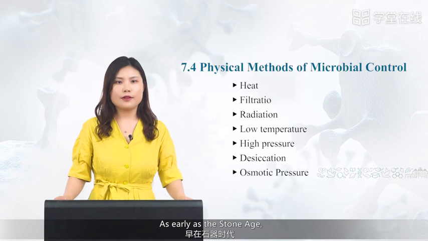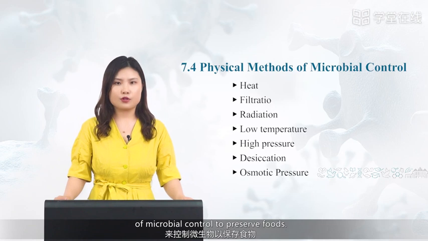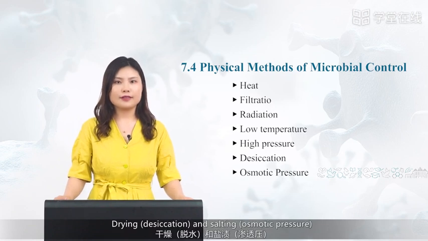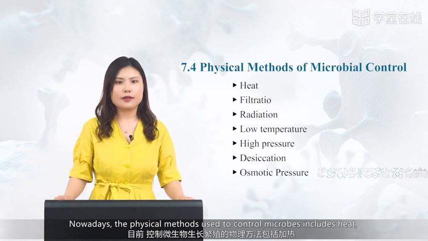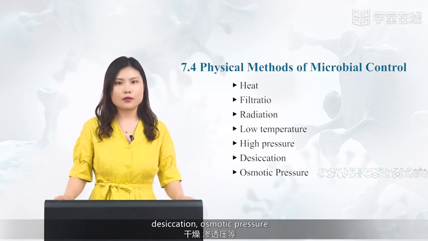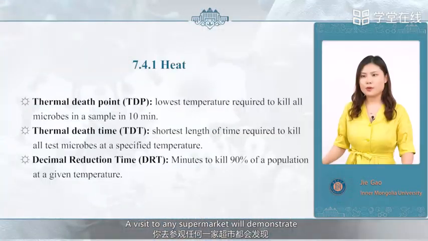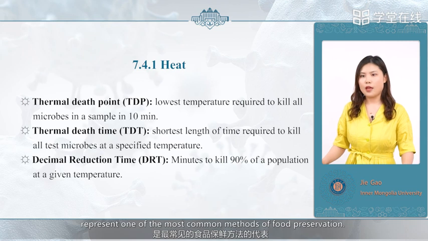As early as the Stone Age, humans likely were already using some physical measures of microbial control to preserve foods. Drying, desiccation, and salting, osmotic pressure, were probably among the earliest techniques. Nowadays, the physical measures used to control microbes include heat, filtration, radiation, low temperature, high pressure, desiccation, osmotic pressure. A visit to any supermarket will demonstrate that heat-preserved canned goods represent one of the most common measures of food